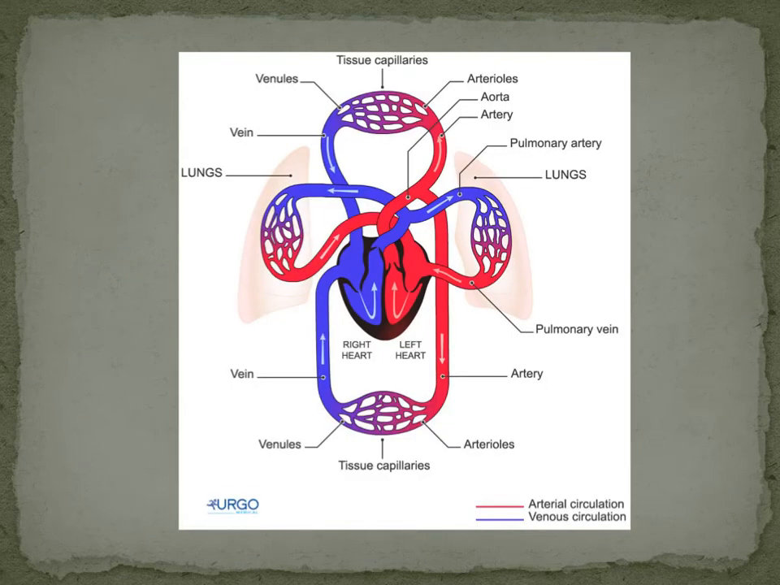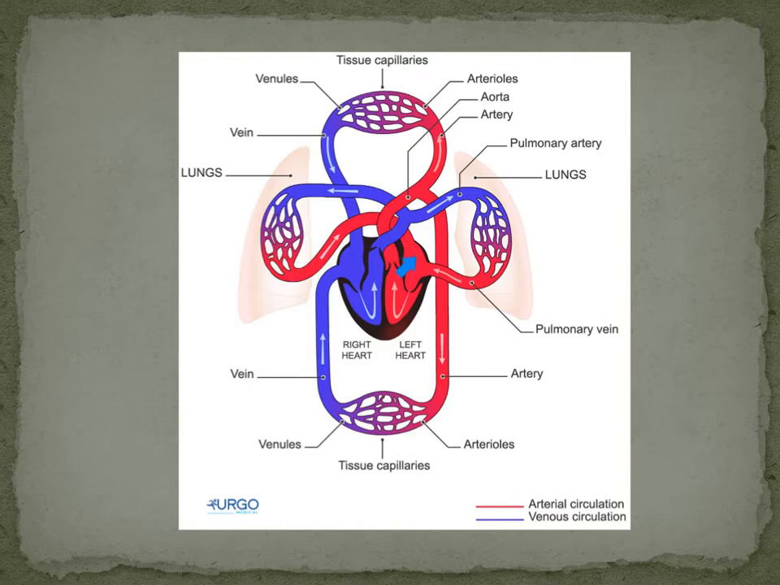Here you can see, obviously it's a really simplified version, but here we have the right side of the heart. So veins bring blood into the right side of the heart. It pumps the deoxygenated blood away to the lungs through the pulmonary arteries. Blood gets oxygenated in the lung, returns to the left side of the heart via the